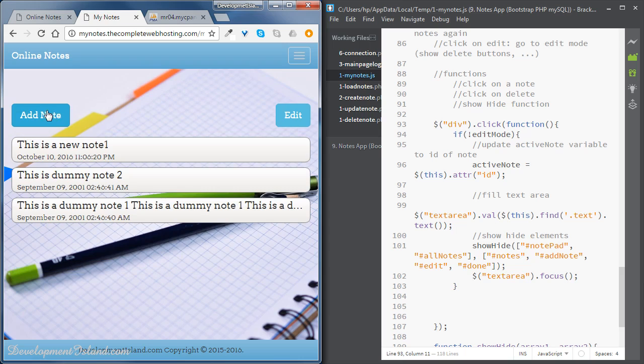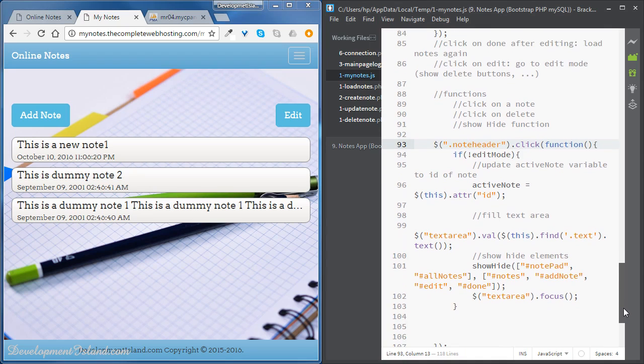Now, let's go back to our original code and fix this. So the Ajax call which loaded these divs with this class notes header